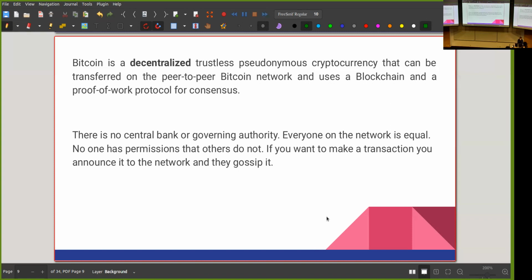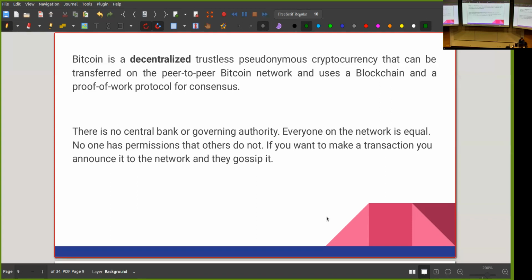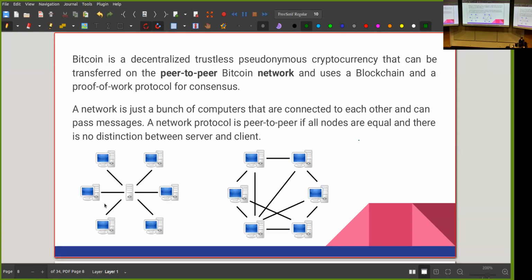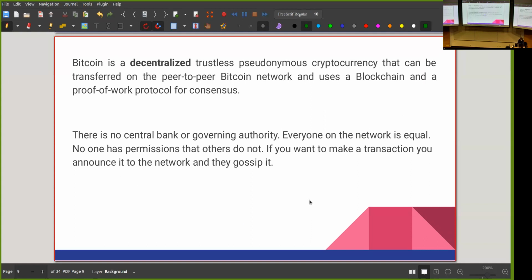So we don't have a server. And in a way, this is good, because in an architecture like this, where you have a centralized server, if that server goes down, or if for some reason it's disabled, for example, suppose that the government doesn't like Bitcoin and wants to turn it off, they can just attack the server and stop it from giving you service. But in a case like this, it doesn't really matter. If any of the computers go offline or get disconnected or something happens to them, the network would still keep running. Okay, so that's the decentralization part.